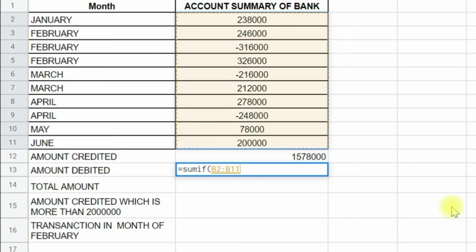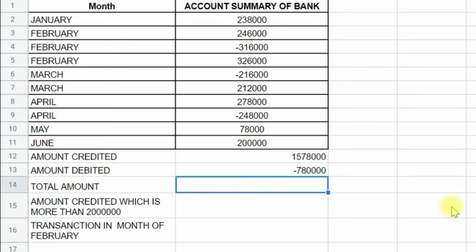Now we'll change the criteria condition, that is amount smaller than 0. So we'll put amount less than 0 in the quotation marks, and close the parenthesis. We'll check this value is coming in negative because we have summed the negative values.